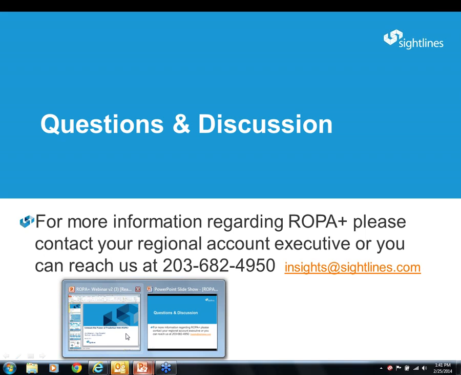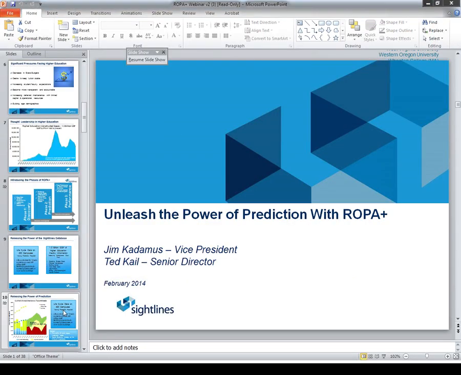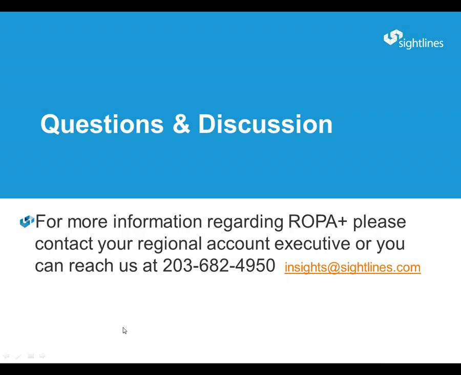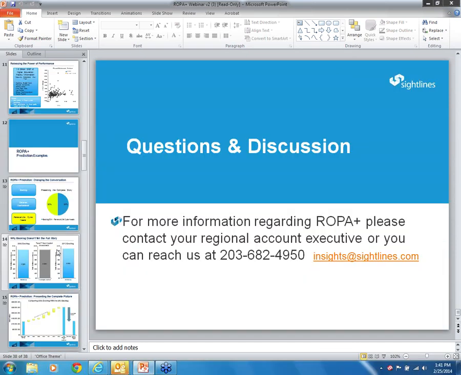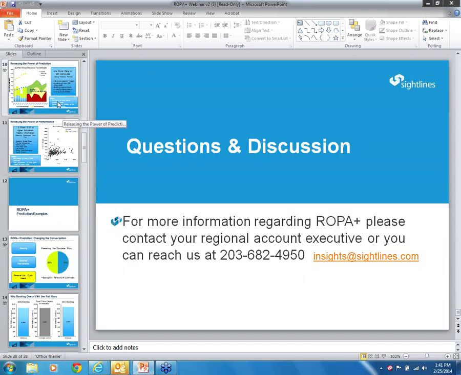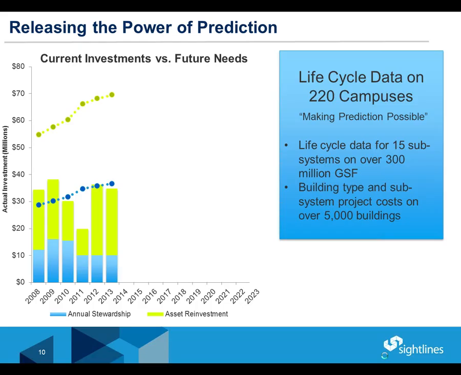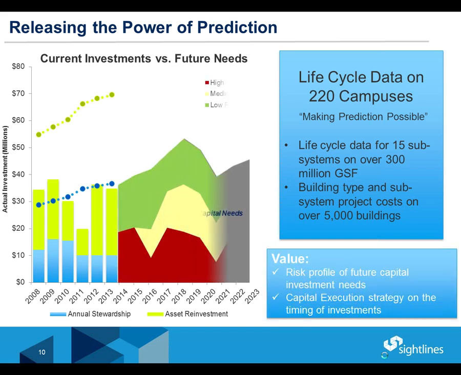If you have a multi-campus breakout at your particular campus, so let's say you have the E&G or academic side and housing already broken out, we will be separating it out between academic and housing. So if you have a breakout of space on your campus currently, like with how we've done it on the ROPA side, we do have the capacity to break it out on the ROPA Plus prediction side as well. So the answer to that is yes, we will have that ability.